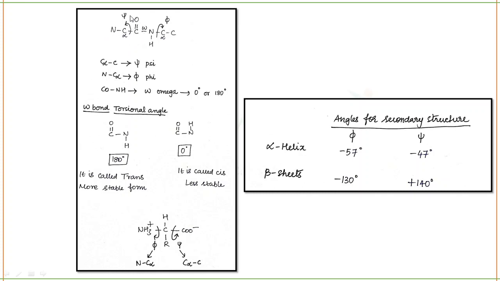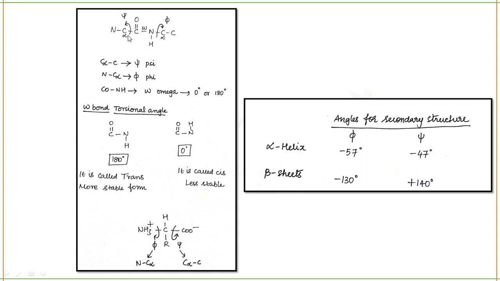So this is one amino acid and this is another amino acid, which are linked with each other using a peptide bond. So this alone, you know, C double bond to NH, is the peptide bond. The angle you see here, between the C and the N, is omega. C double bond to NH has the angle omega. So this is called the omega bond torsional angle. We will talk about this.